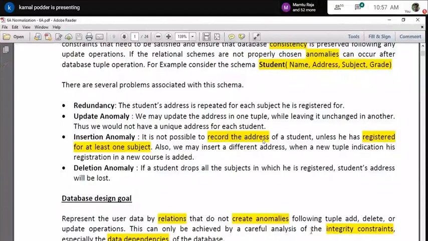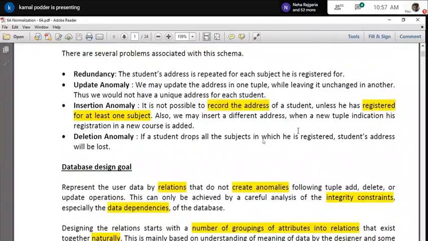Okay, and that is basically creating the deletion anomaly also. So from this very simple example, you can understand that if your relation cannot take the appropriate columns, these types of anomaly, update anomaly, insert anomaly, and deletion anomaly, occur, and the redundancy also occurs. The objective of normalization is basically to remove these things from the database.